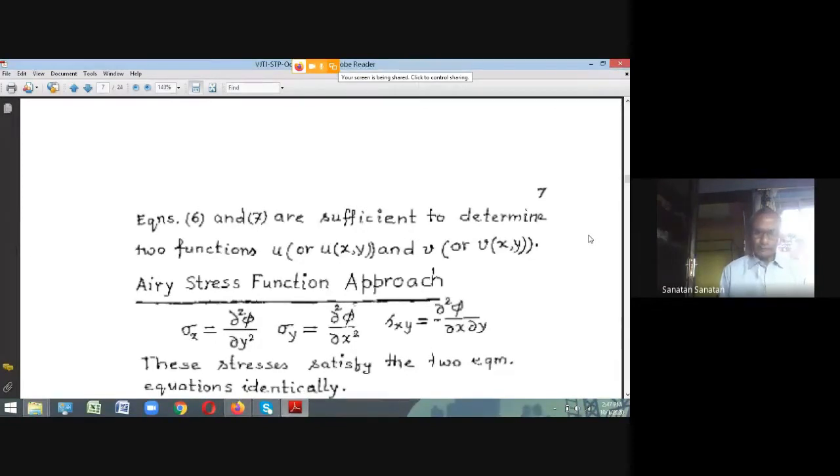Alternatively, we have to make use of the two differential equations 6 and 7, which we have shown earlier. They are functions of each displacement. It involves the displacements u and v, and each of the displacements is a function of spatial coordinates x and y. Now you see that three stresses, sigma x, sigma y, tau xy, they satisfy the equilibrium equations. And if you remember,